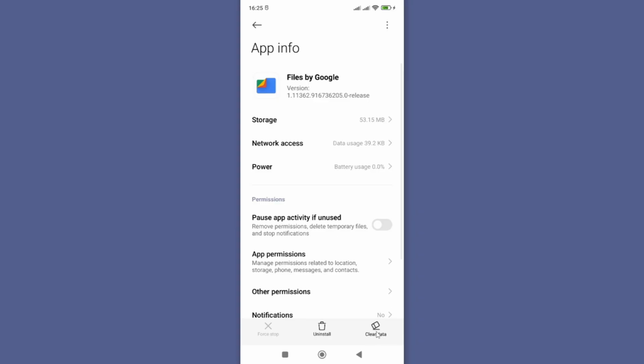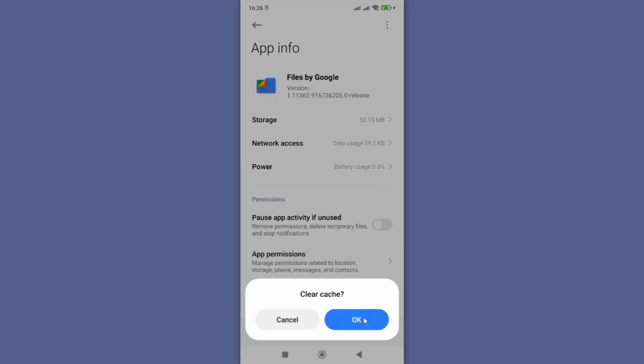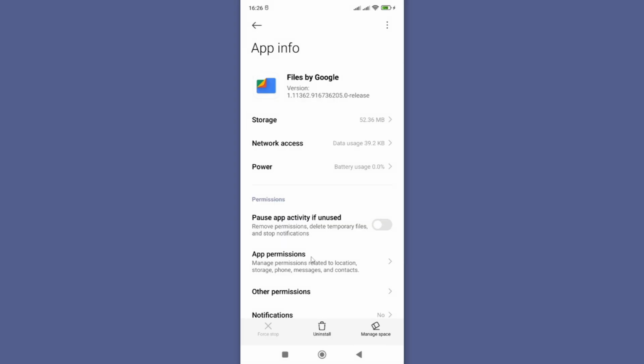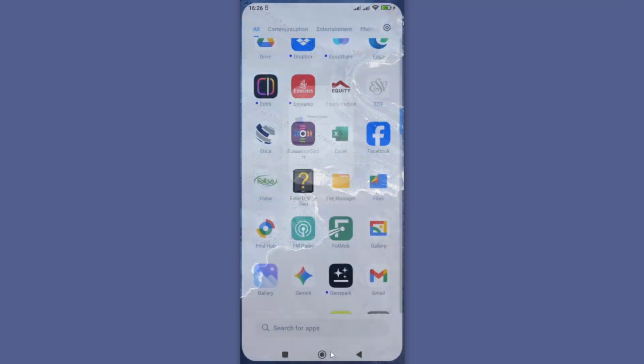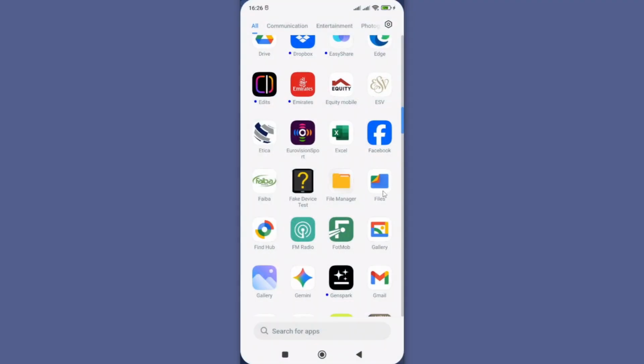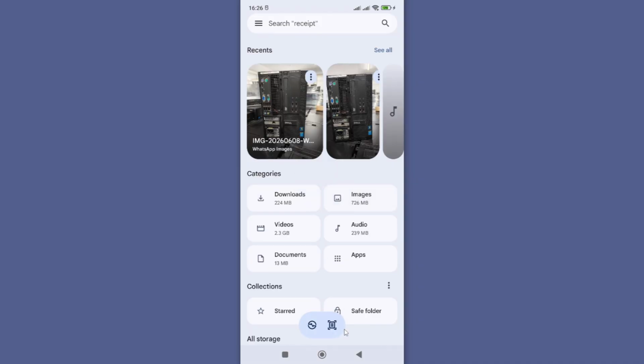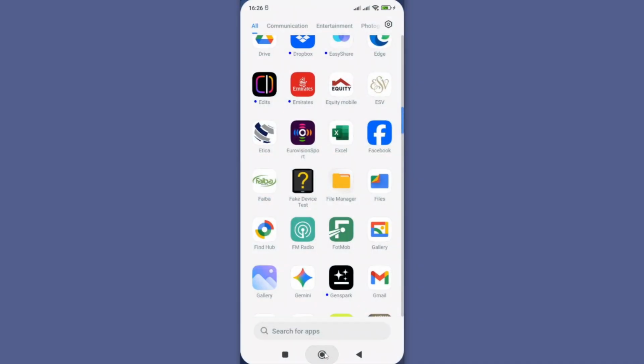Once you're done, now go to clear data and then clear cache and finally OK. At this point, you'll need to restart your smartphone and go open your app, and now it should be working without any issue. However, if this does not solve your problem, then you will need to go to Google Play